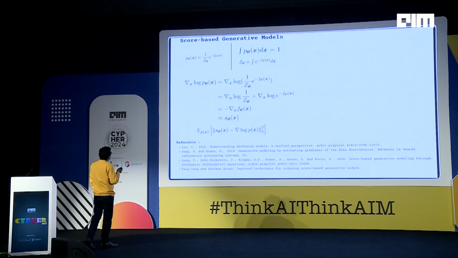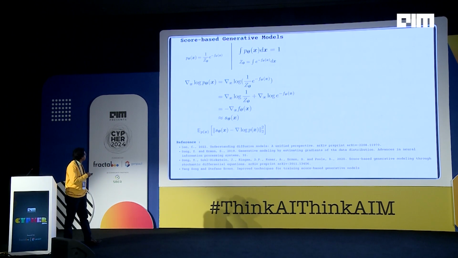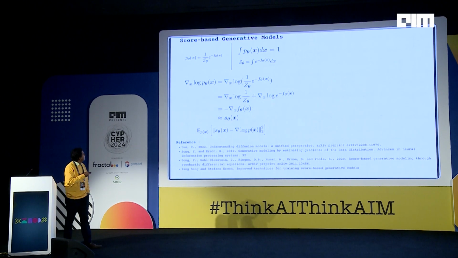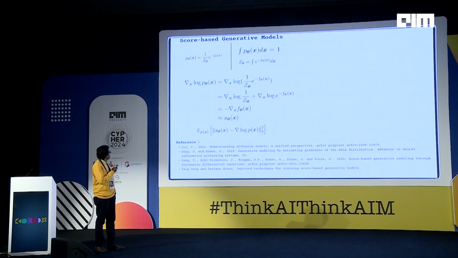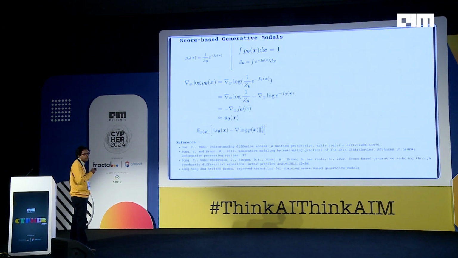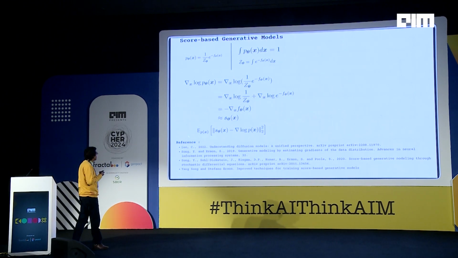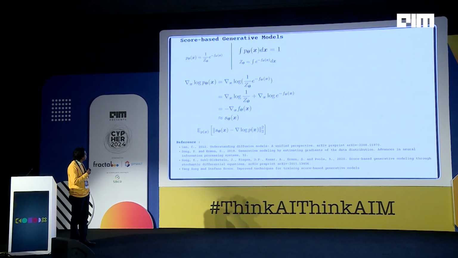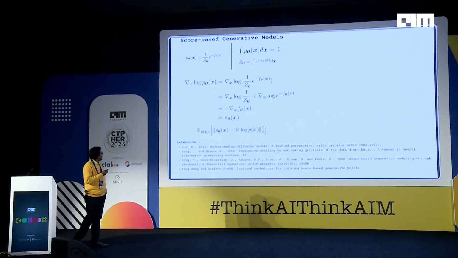So the score function, this is broadly the definition of the score function. It only happens if you have what we call an energy model, which is basically of the form e to the power minus f theta of x, which Gaussian also comes under. Why do we do this? Because this has this 1 by Z theta, which is very difficult to handle